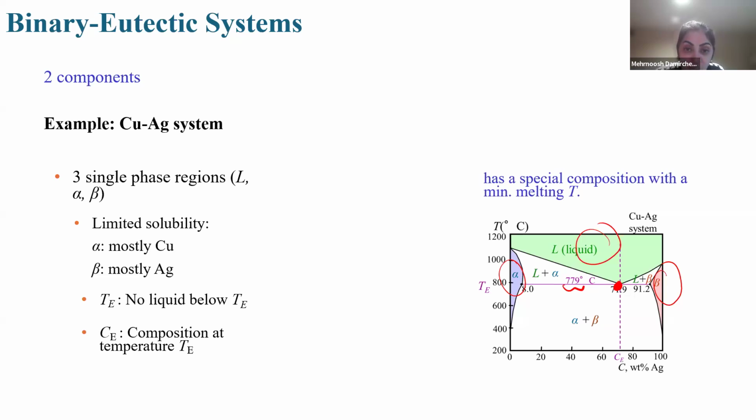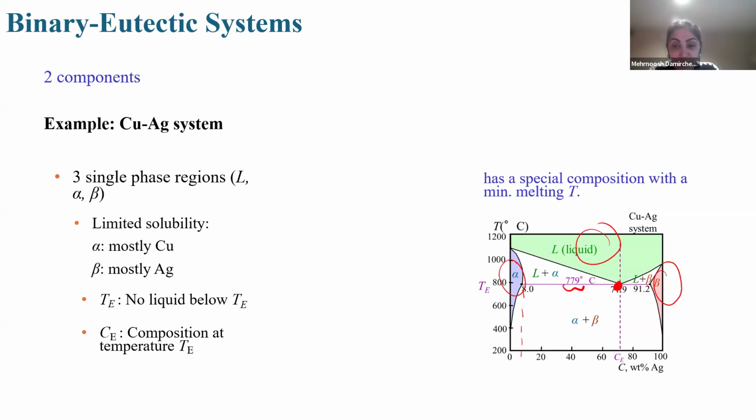If you look at this corner and read the composition weight percent of that, it should be about 8, yeah? So 8% we have the Ag, and 92% we have Cu. So in the CuAg, alpha phase is mostly Cu, but a limited amount of Ag can dissolve in it, about 8% of it